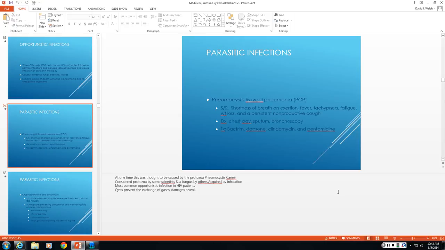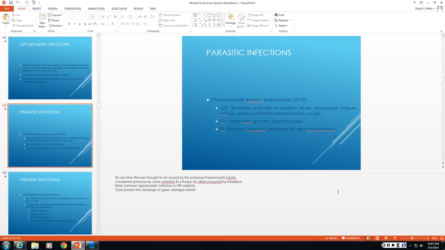So some parasitic infections they could become infected with, and you'll need to know some of these. Your PCP, and I'm not going to try to say what kind of pneumonia, Pneumocystis pneumonia. Signs and symptoms are going to be shortness of breath on exertion, fever, tachypnea, fatigue, weight loss, a persistent non-productive cough. Diagnosis is going to be by a chest x-ray, sputum sample, or bronchoscopy. Treatment is going to be Bactrim, clindamycin,